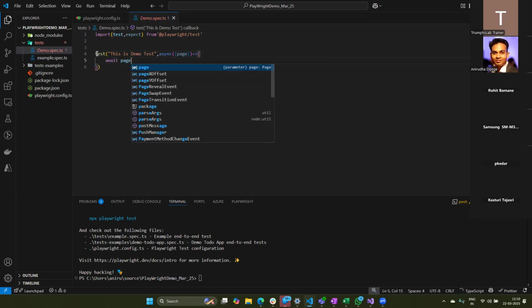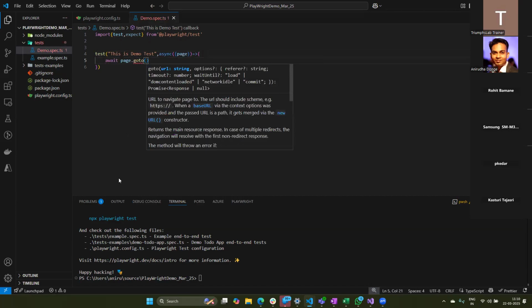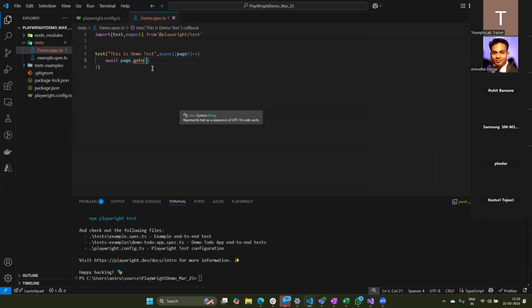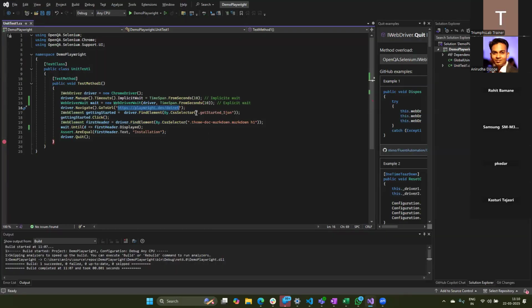I'll say page dot goto, and I'll navigate to the specific URL. Let's go back. Let me copy this part. Now I'll just say page dot locator, and then I'll get this locator for getting started.